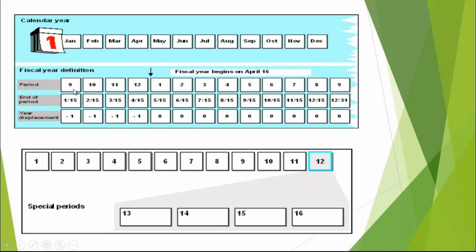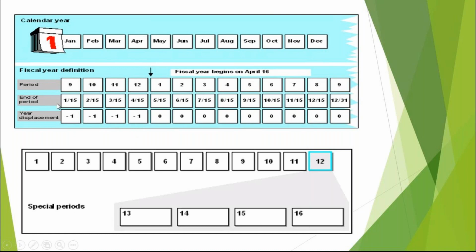So then you see here the period 9 I can consider it off. Okay. So this Jan, Feb, December, sorry, March, this I'll be considering. Year displacement or -1, -1, -1 and 0. Anything the previous number is a negative, anything the next number is a positive for me. So I will consider all this as a positive, then I'll consider the previous year variant as a negative. Those four, we call it as a special periods.